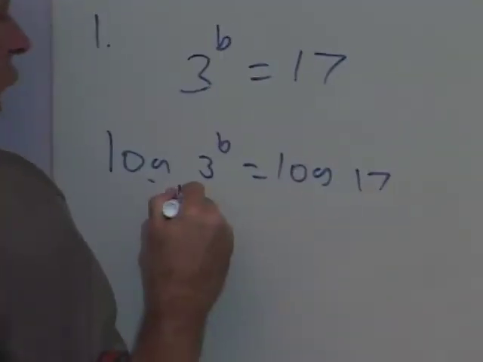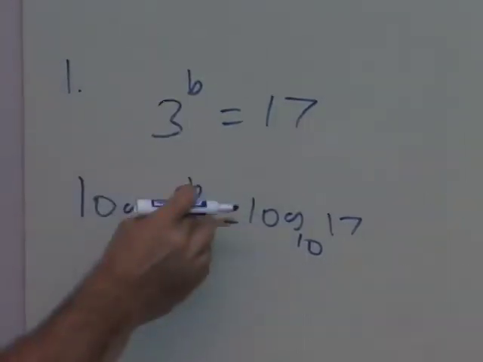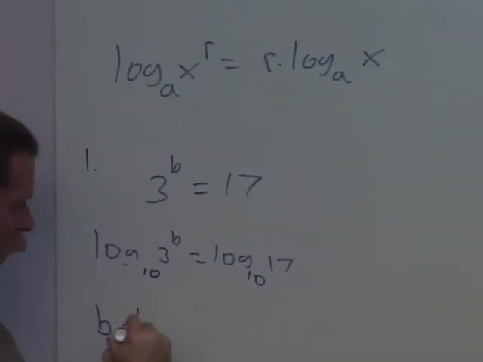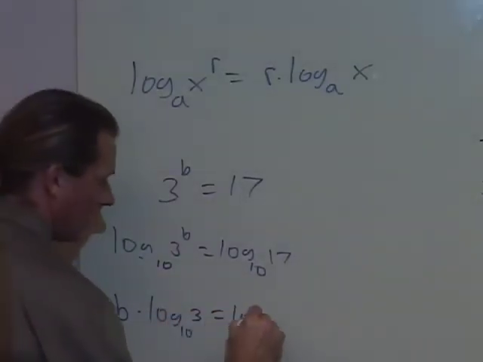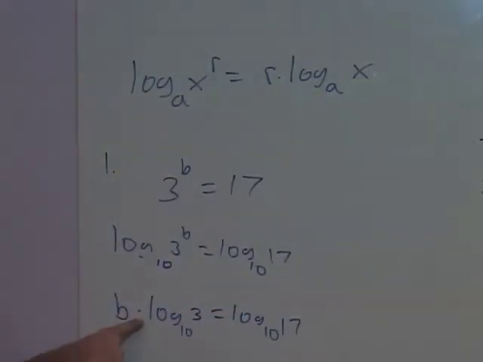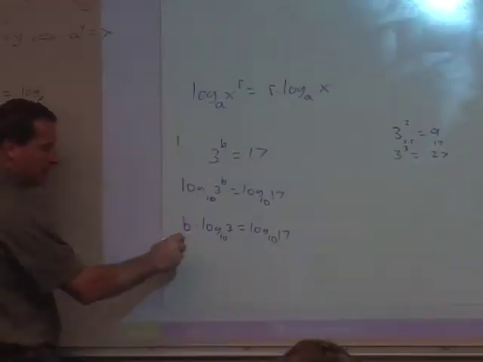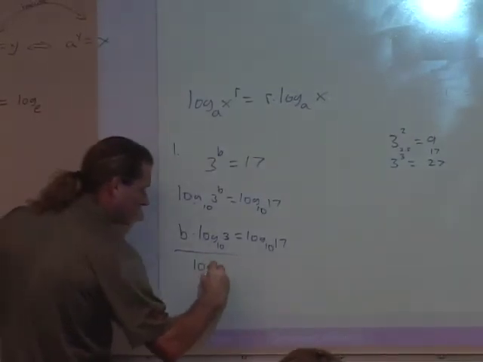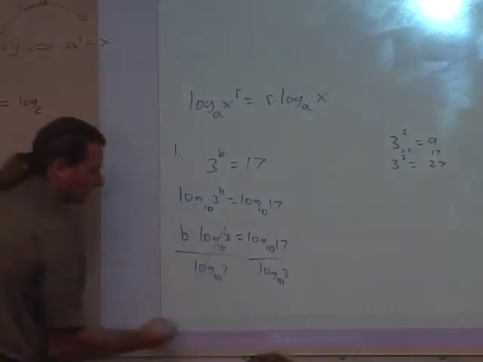So since we know that, let's go ahead and take log base 10 of both sides. Now, using this rule right above it, when we have an exponent, we can move it out front. I can get b times log base 10, and you don't really need to write the 10. It's understood. Remember, log base 10 is just simply written as log. Of 3 is equal to log base 10 of 17. What is the operation between here? So how do I undo that? Divide by log base 10 of 3. And I'm going to stop writing log base 10 of 3, or 10 after this. These cancel away, and you get